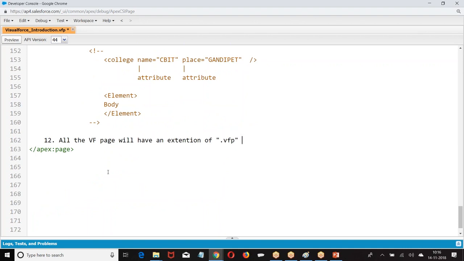This is a quick introduction about this event. Then what we are going to learn as Visualforce components, I'll give you a couple of components here.